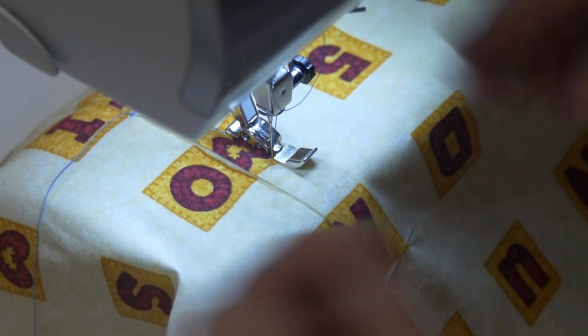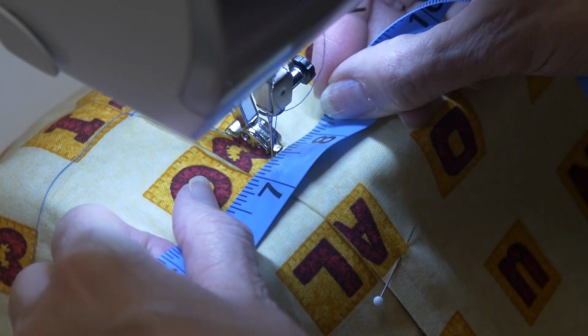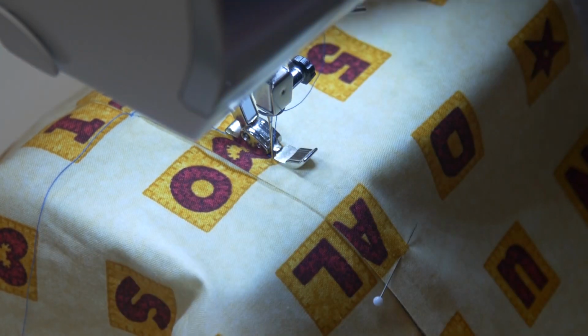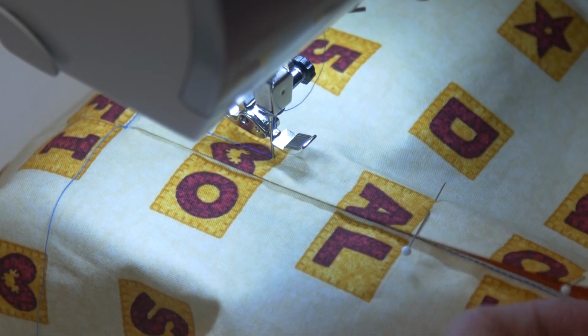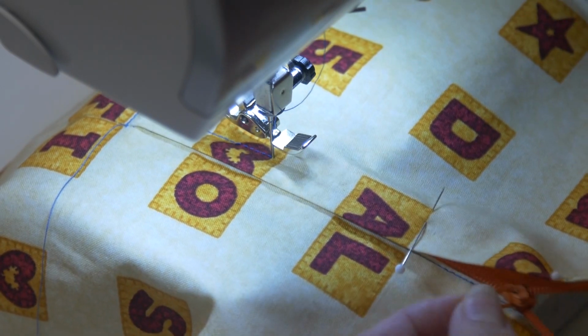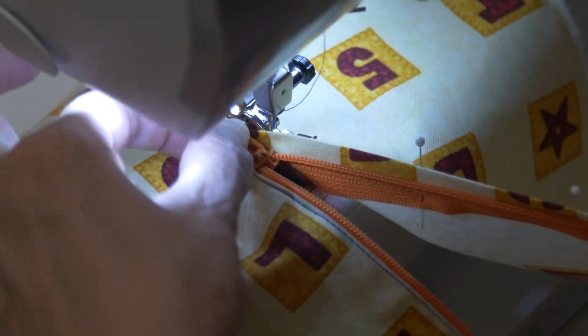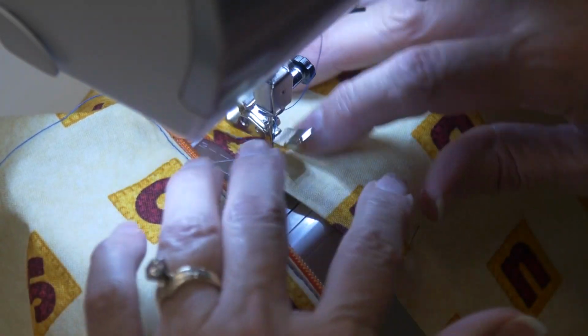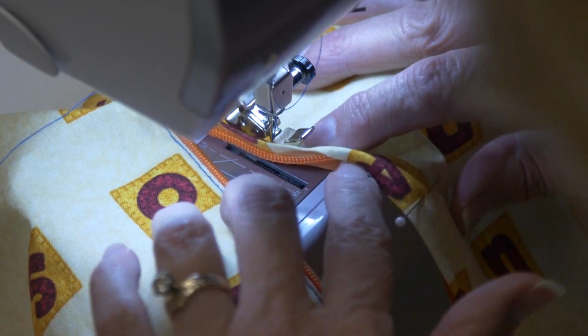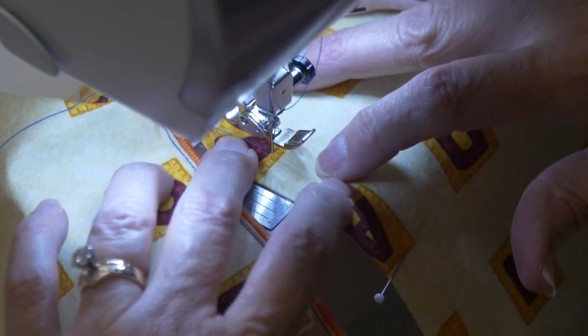Okay, now that's good. Now I'm at 3/8, so I'm going to lift up my presser foot and unzip the zipper. Okay, keep your needle anchored. And now once I get my zipper down, then I can line this up